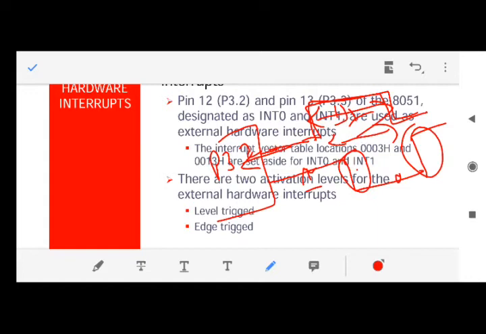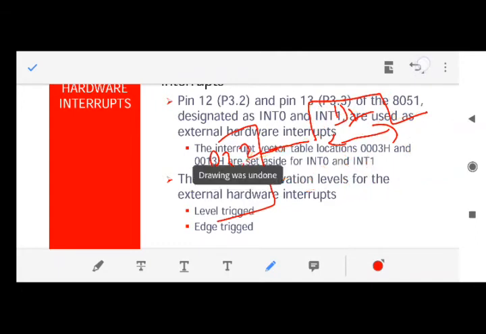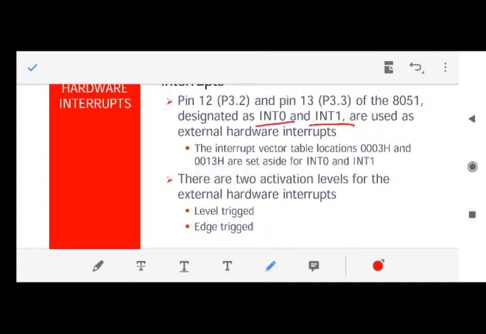And if we are sensing these edges, then that is an edge triggered interrupt. Fine. And how to configure these interrupts, we'll see. Fine. So as of now, these interrupt 0 and interrupt 1 can be of two types, level and edge triggered. Fine. So let's see.